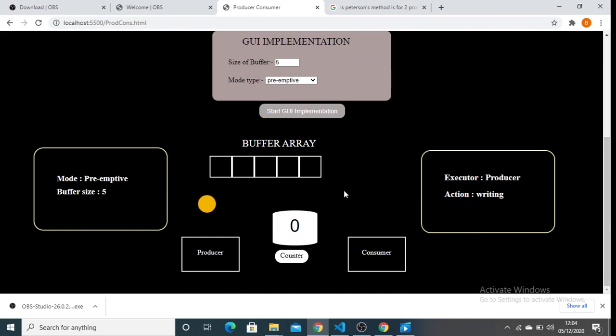As it is preemptive, the consumer will execute the code first, but as the counter value was 0, it will go into sleep mode, and it will not be woken up by the producer, as the count value will be continuously increased by the producer, and when the consumer comes into execution, it will again go into sleep mode. So that was all about preemptive mode in producer-consumer using wake and sleep.